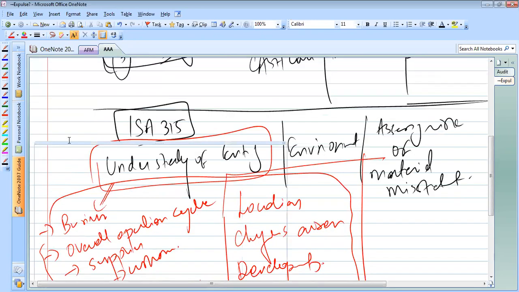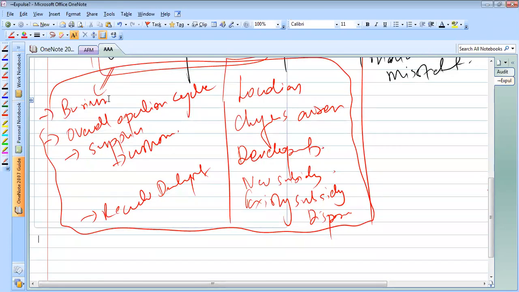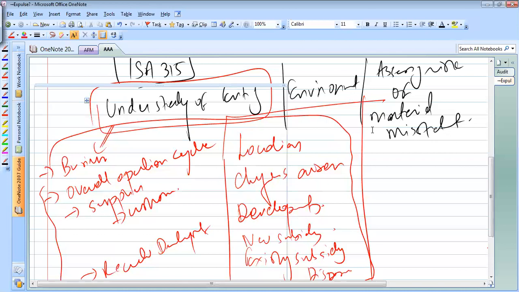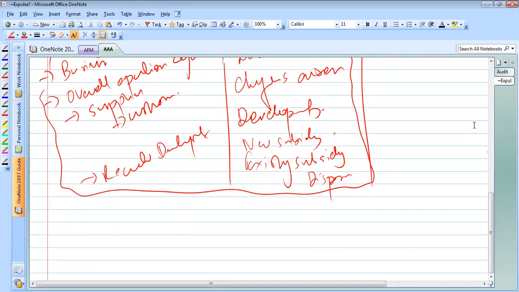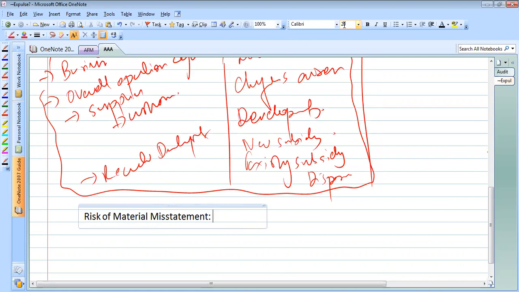So when we talk about the planning stage, the understanding of the entity and its environment is one of the key factors. The next step is assessing the risk of material misstatement. Now, what exactly do you mean by assessing the risk of material misstatement? Let's try to understand this. Risk of material misstatement actually means